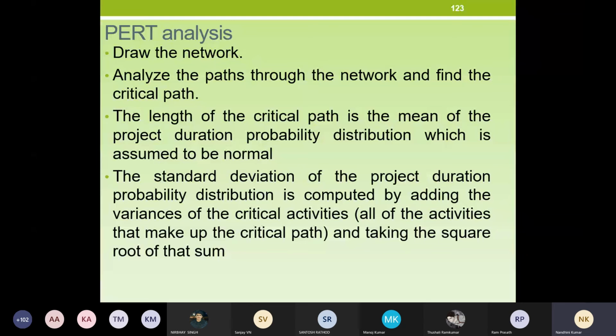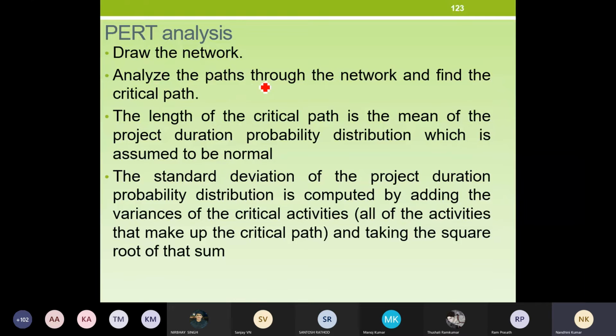Calculation of your PERT analysis. For CPM analysis, you saw some methods to calculate it. Similarly, for PERT, you're going to draw the network. In some cases, the network will be given and you have to directly calculate the time estimates. In other cases, they'll give only the activities and the durations. You have to frame your network and calculate the critical path or the time estimate, whatever is asked in the question.